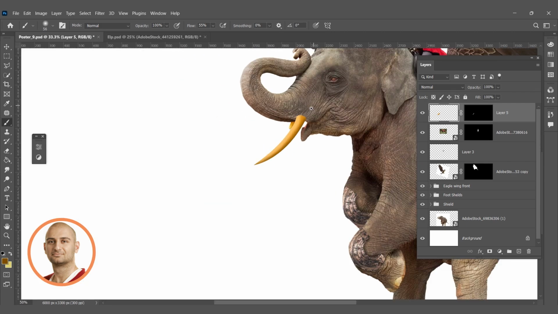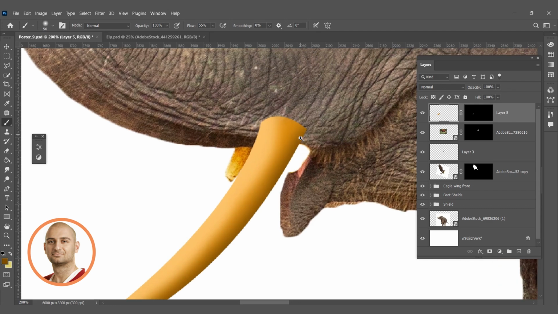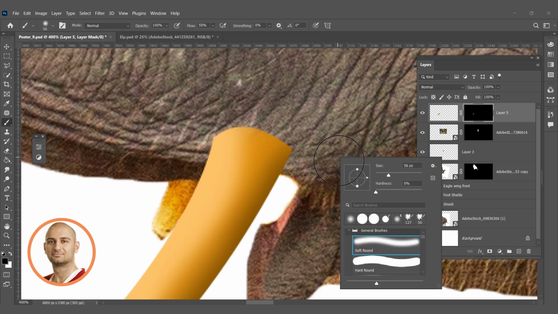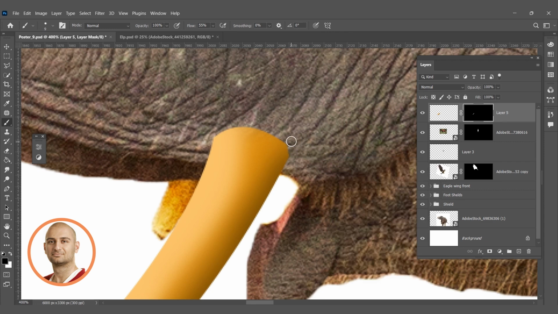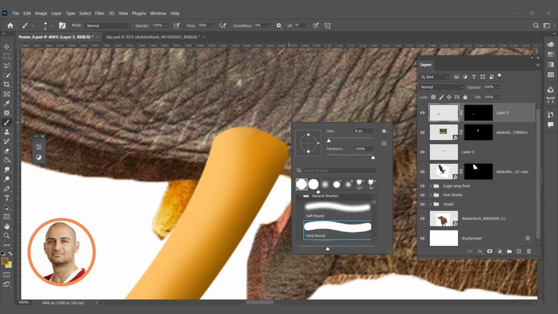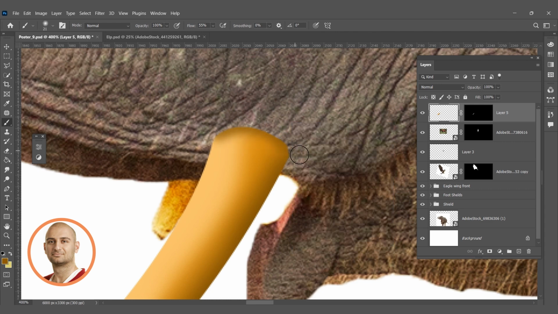Okay, so it's looking okay. I'm gonna go into mask and we'll make it a little bit round here. And I will also add some shadow because this is touching the surface of the elephant and it's going inside also, so it's gonna have some shadows here. So I have to add some shadows here,